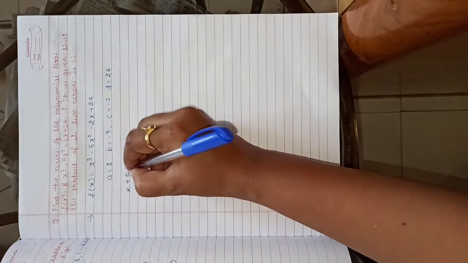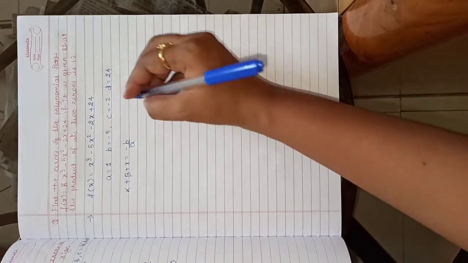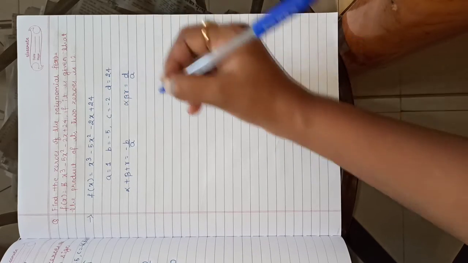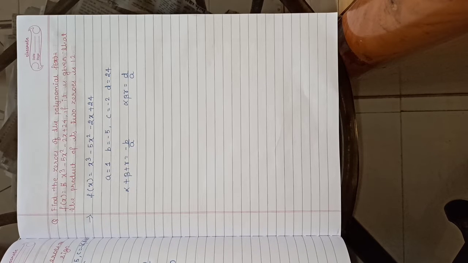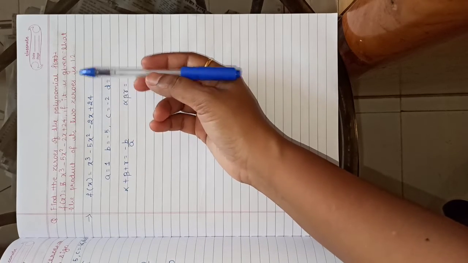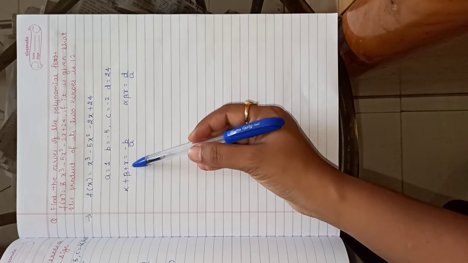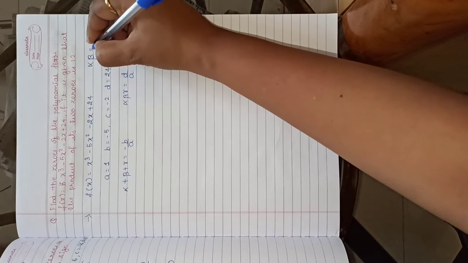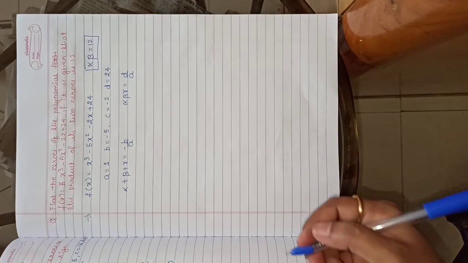Alpha plus beta plus gamma is equal to minus b by a, whereas alpha beta gamma is equal to minus d by a. So these are the two relations, whereas the condition given is that the product of two zeros is 12. So you can consider any two zeros, either alpha beta, beta gamma or alpha gamma. Let us assume I am considering alpha into beta is equal to 12. So this is the condition I am considering.